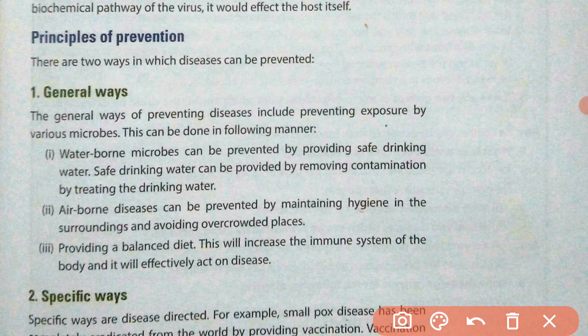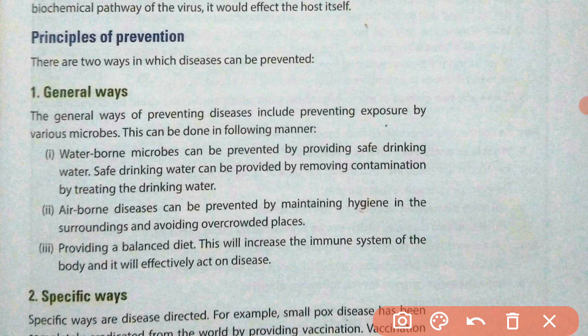During the treatment your body will suffer, and you will suffer economically and mentally also. So it is better to prevent ourselves from the disease than treating any disease after the occurrence. There are so many methods. By following those methods, we can prevent the occurrence of any disease, and we can save our body from falling ill.